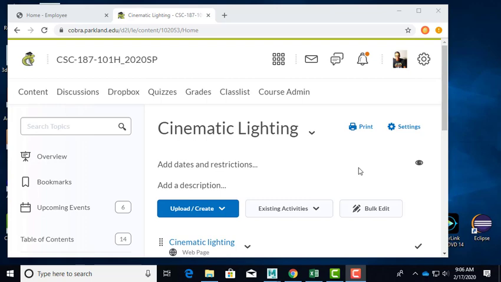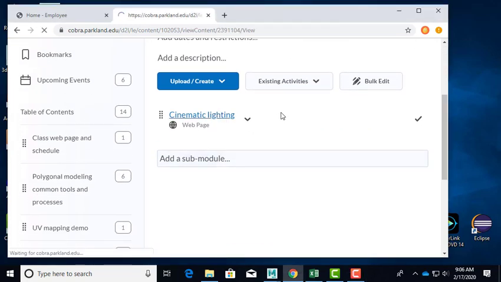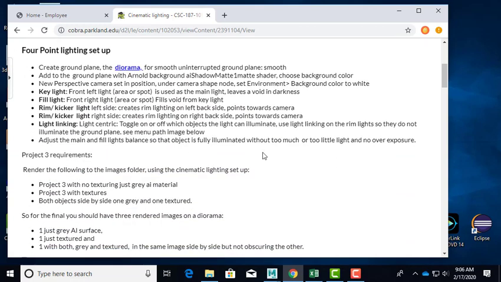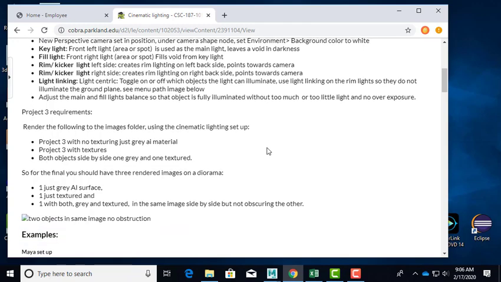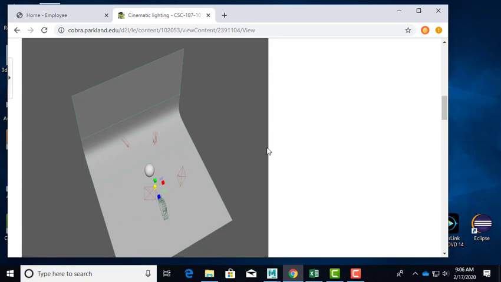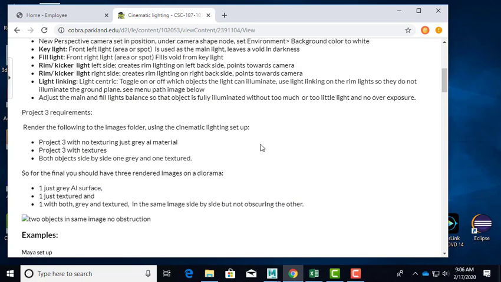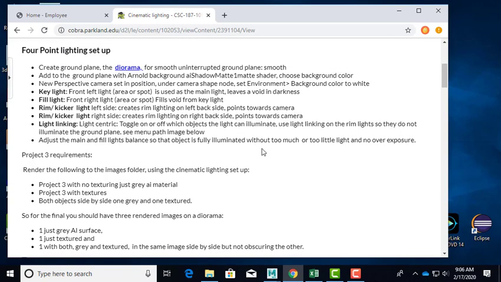So today we're going to be talking about cinematic lighting and the idea behind what we're trying to do with that. Basically, we have our object that we're modeling, and we want to take a picture of it. Just think of it like a marketing ad, where there is going to be a simple backdrop that creates an infinite kind of background that doesn't really create edges or anything like that. There's multiple ways to do it, and we're going to be focusing on what's called